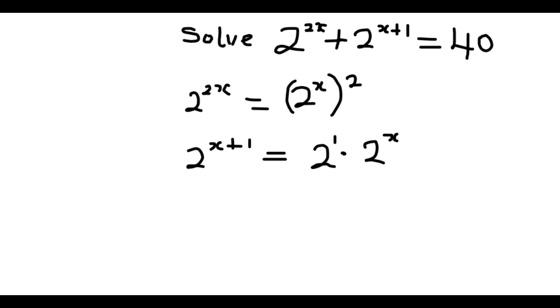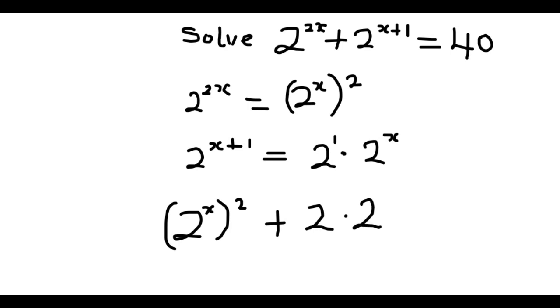This can then be put into the expression to have 2 power x, into bracket, power 2, plus 2, which can be written as 2 power 1, which can be written as 2 multiplied by 2 power x. Everything equals 40. So from here,